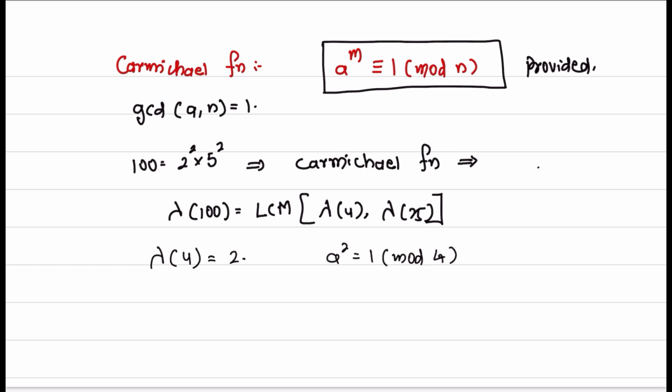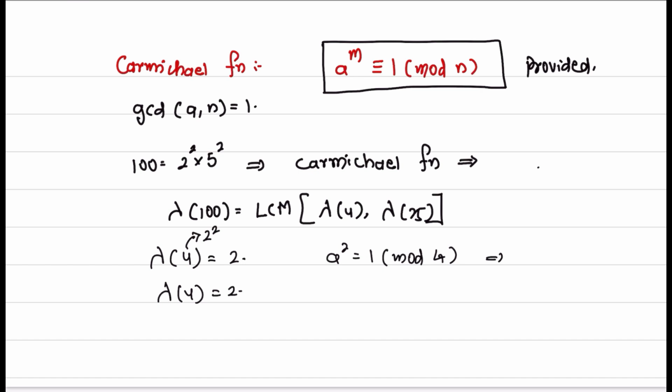What is a square? That is 2 square. Lambda 4 is nothing but 4 is equal to 2 square. Hence, lambda 4 is equal to 2. Now, second,